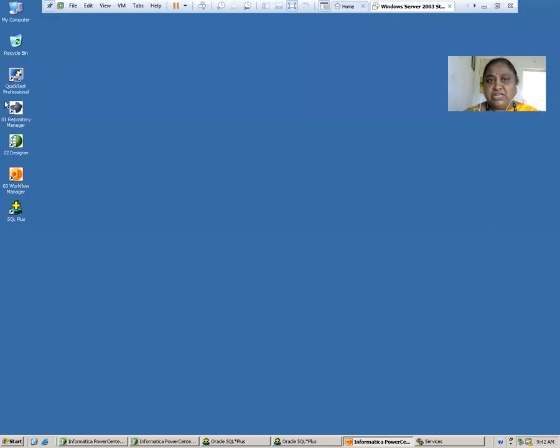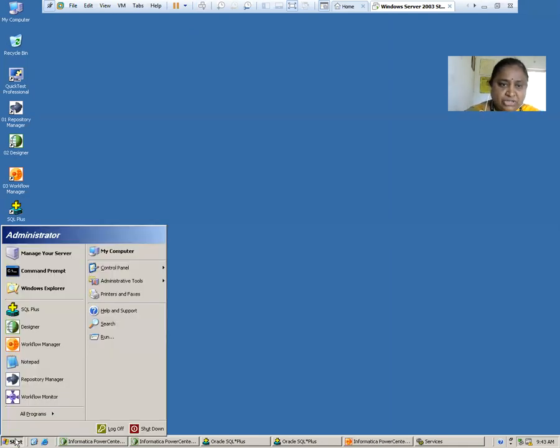Once you have a machine like this, initially you need to click these three buttons. Then only you can have this particular screen. It will be asking administrator and password. You don't give any password here, and I click on OK. The screen opens. Once the screen opens, you have to click on this Control Alt Del, right? Once I click on this Control Alt Del button, then only this screen will be visible, right?